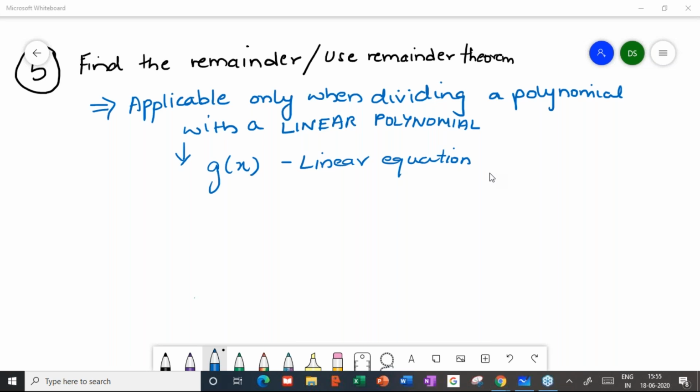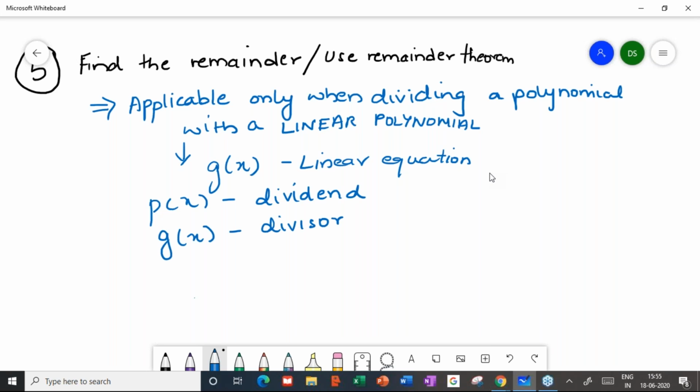Okay, so g of x here, this means that g of x should be a linear equation. Again, don't go memorizing big words, big theorems, because 99% they are going to ask you direct problems, right? They're going to say use the remainder theorem and find the remainder for this polynomial. So just remember how to solve it. You will be given p of x, which will be your dividend, and you will be given something it has to be divided by, which is your divisor, g of x. So steps to be followed,